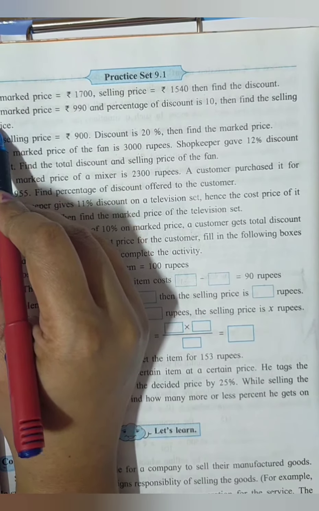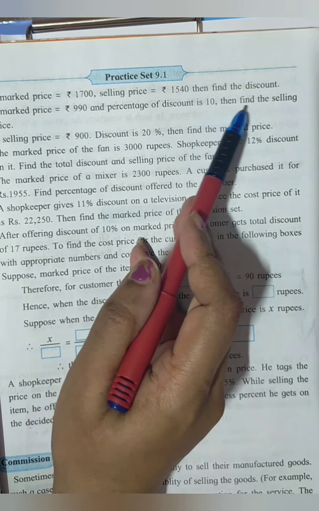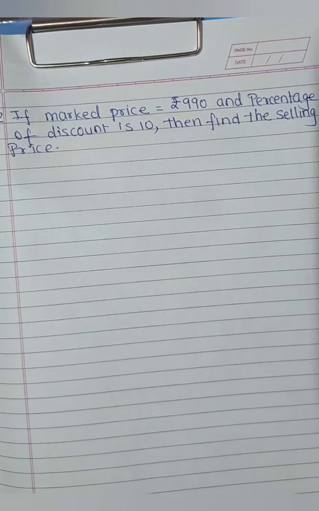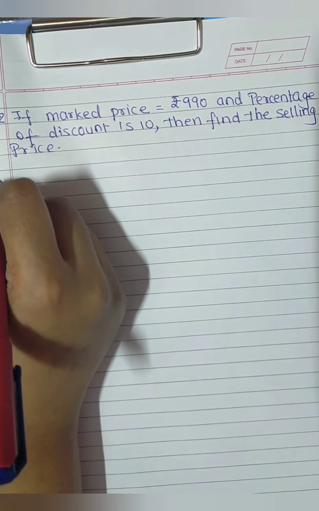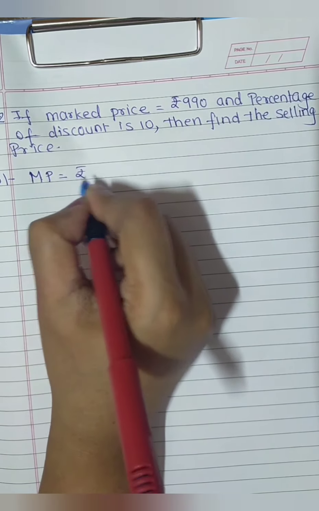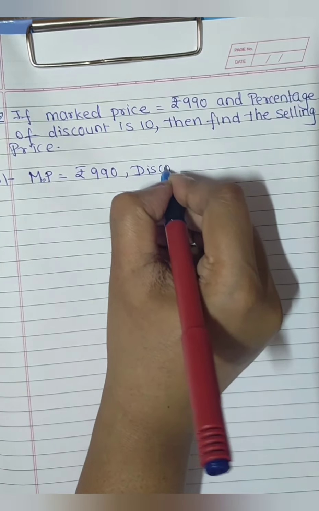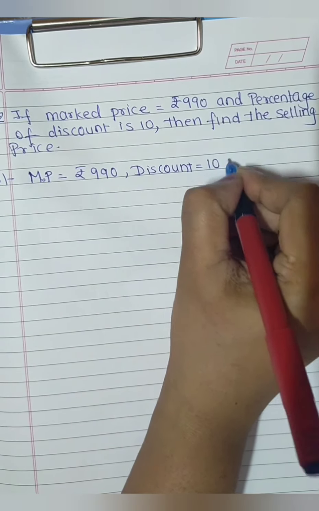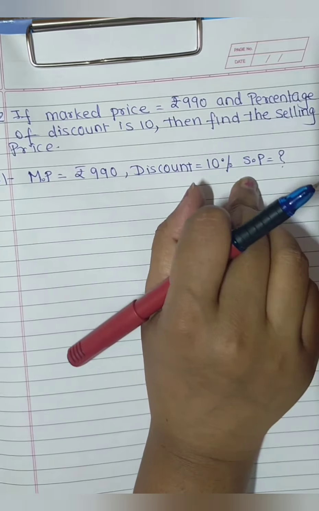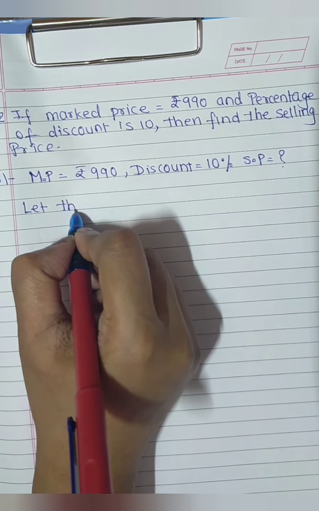Question number 2. If mark price is rupees 990 and percentage of discount is 10, then find the selling price. Okay, so here we'll start with the solution. Mark price is given rupees 990, discount is given 10%, selling price is to be found. We have to find the selling price. Okay, so let the discount